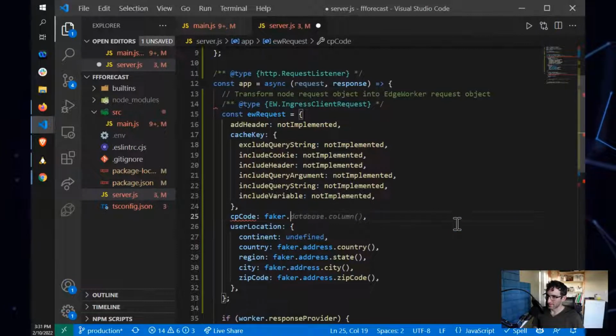I think that's, no, not database. Data type dot